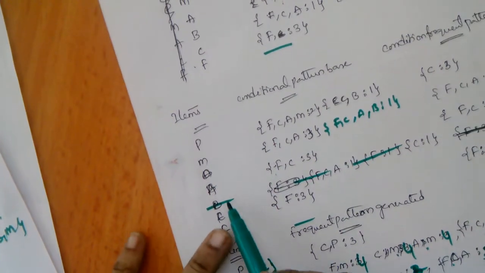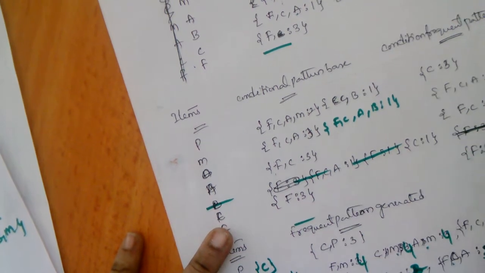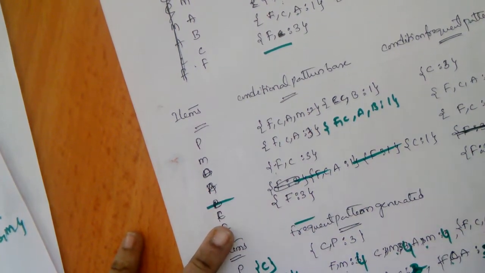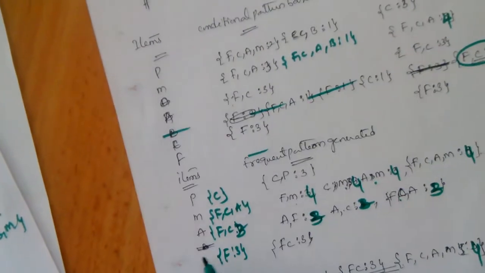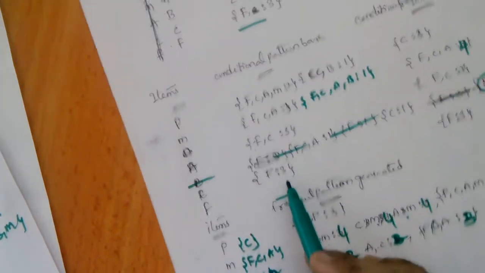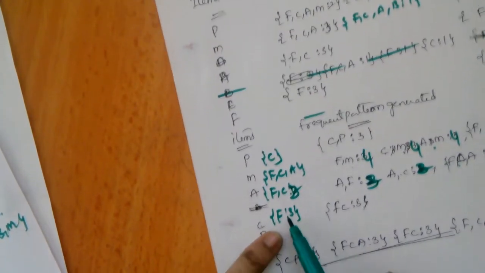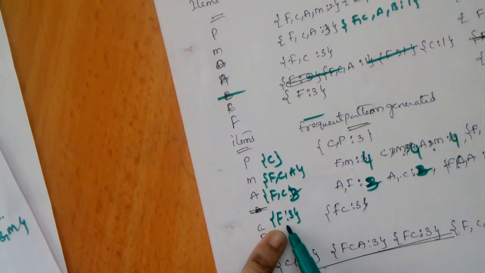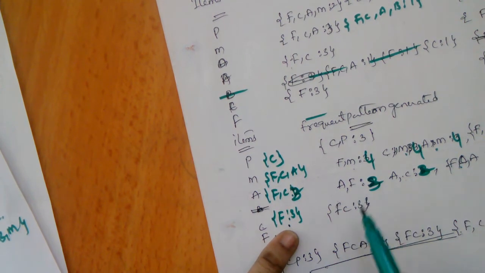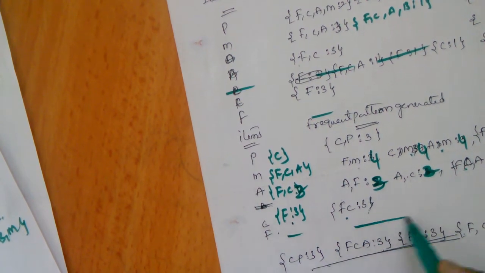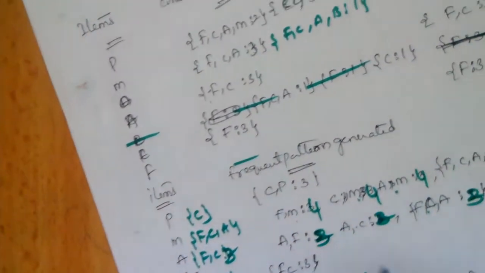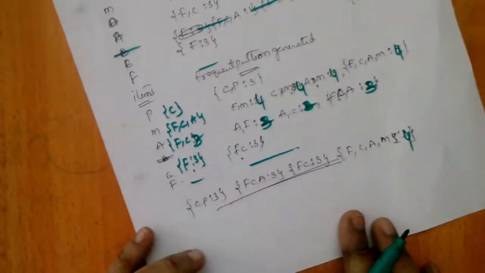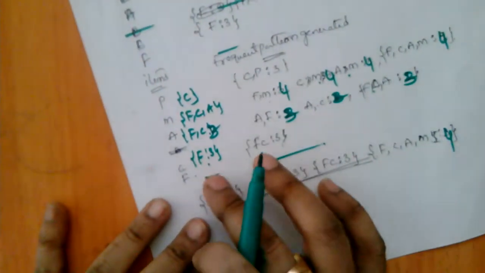Here B, in the conditional frequent pattern, we are removing B. Why are we removing B? Its count is 2. So we are removing B. We are not considering B here. Now next I was taking C and its frequent pattern is F. So we will get FC 3. This is nothing, because this is empty. From here only we are starting. Okay, there is no new node to visit from this one.